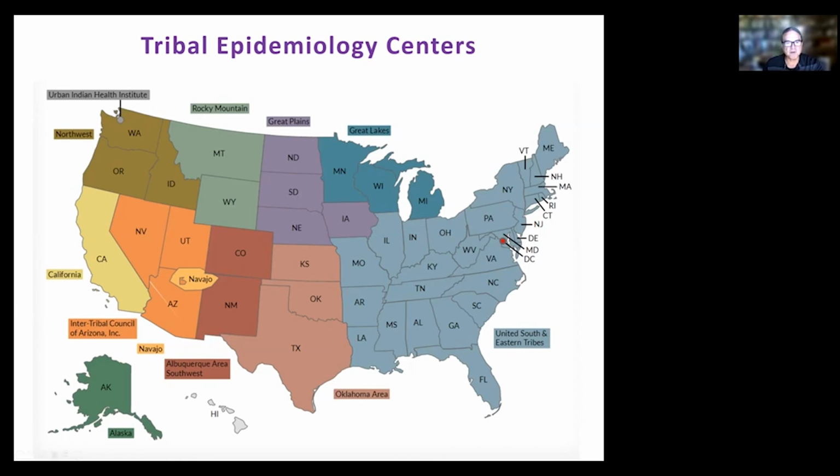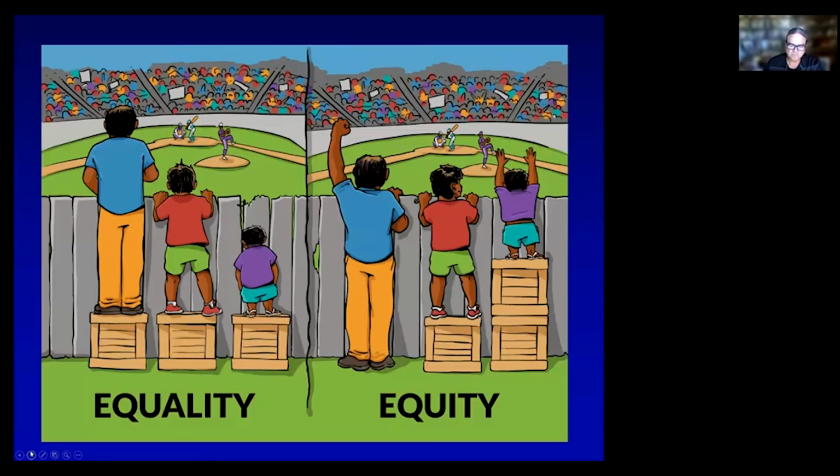Depending on where you work, you can see which tribal epidemiology center is in your region. Also, for those who work in cities, there is an Urban Indian Health Institute in Seattle that has an Urban Indian Health Epidemiology Center. So keep that in mind. You have an existing network of data partners and epidemiology centers that are already connected to the tribes. And perhaps that's an opportunity for those who are interested in coordinating with the tribes to get connected to some of that existing infrastructure.